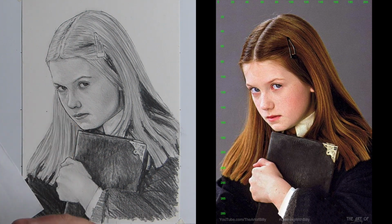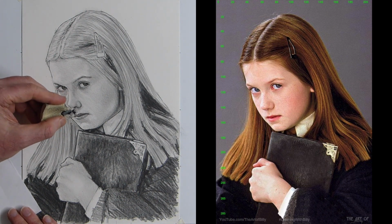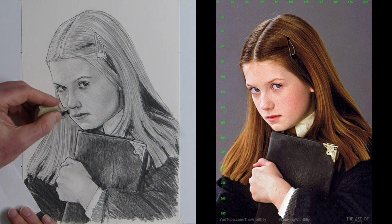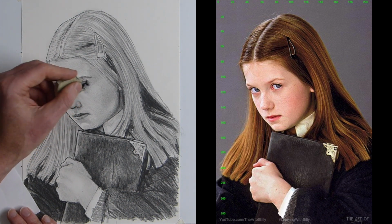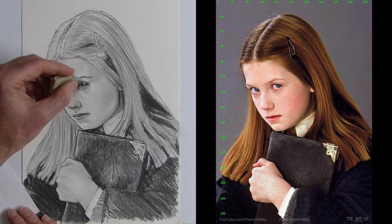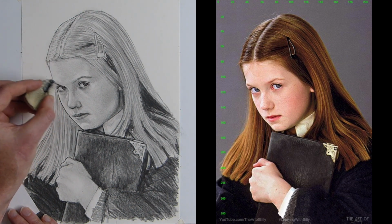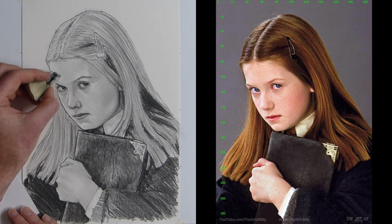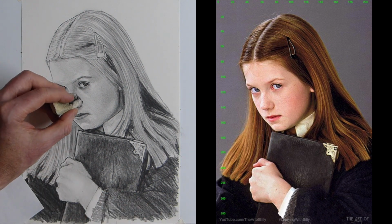Then you've got the top of a lip, so in that little V, and then you've got that vertical going up to a nostril, and then on the light side, on the right, coming down from the tear duct, the edge of her eye. Now I'm doing this quite quickly, and you can use a brush or a cotton bud to really smooth the transitions down if you want to. But you can see now, because we've got that nice highlight on her eye and on her cheek, and we've got around the corner of her nose,